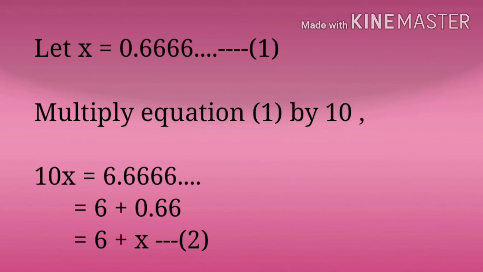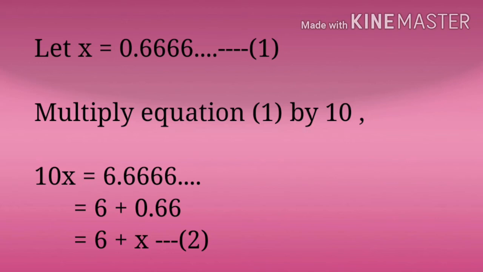The decimal point's position will change. If you are multiplying by 100, then what will you get? 66.66, right? So 10x is equal to 6.66, etc., which is equal to 6 plus